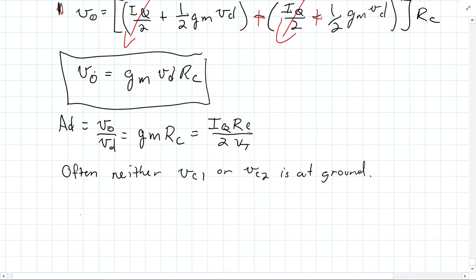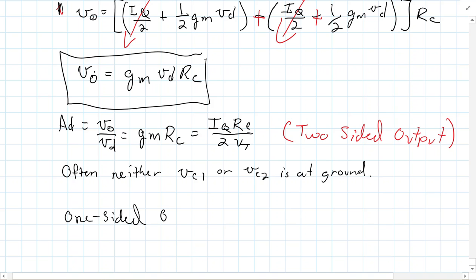And if we do a one-sided output, so let me emphasize, this here is for a two-sided output. But if we do a one-sided output, VC1 or maybe VC2,